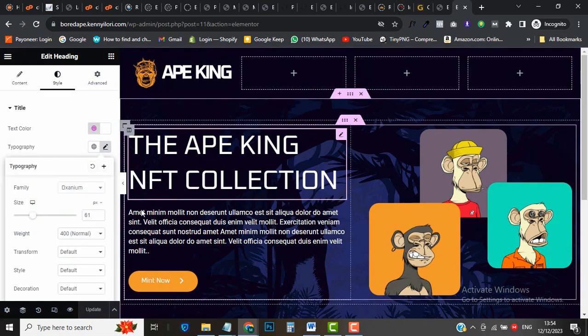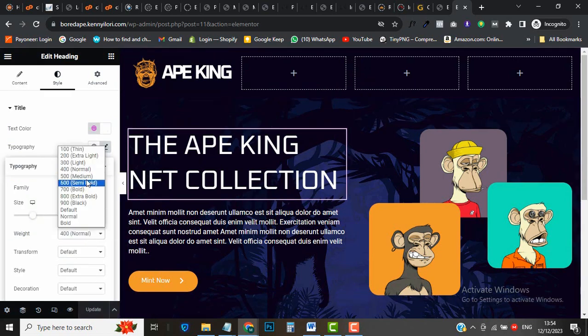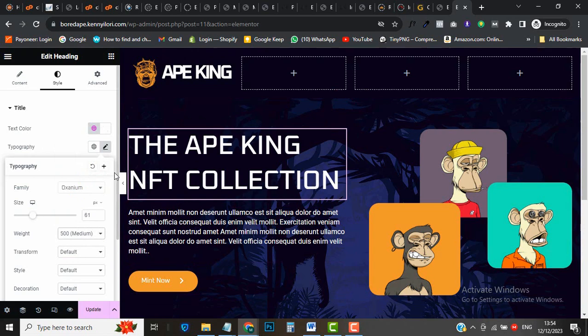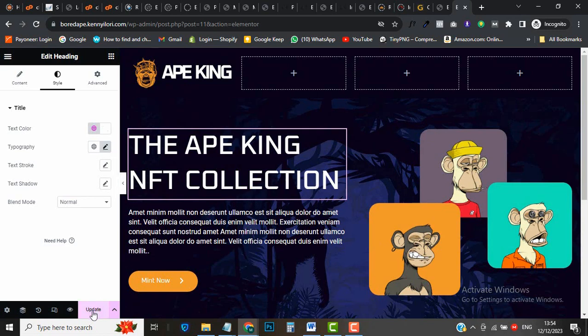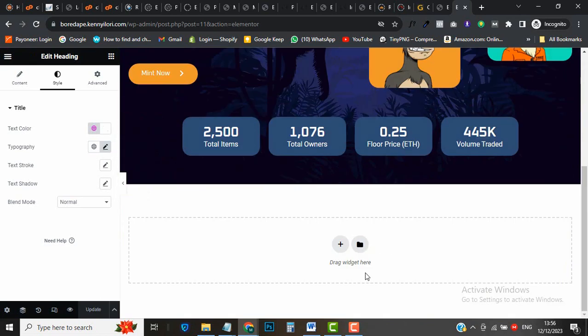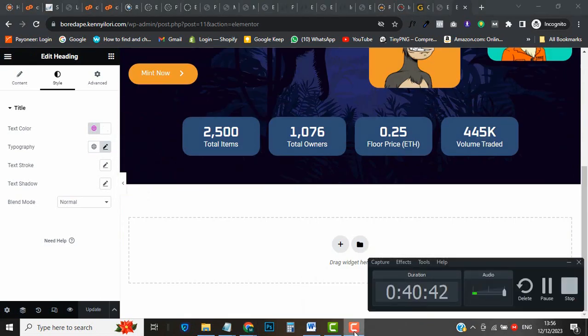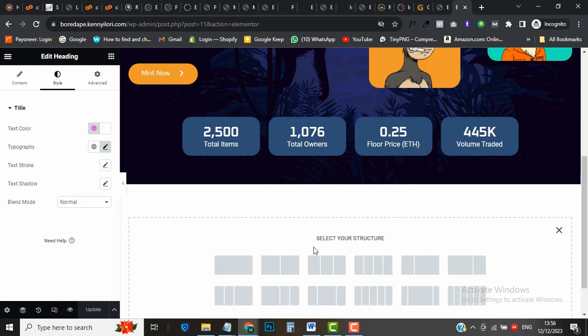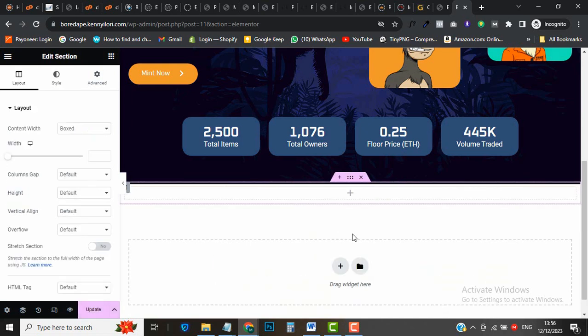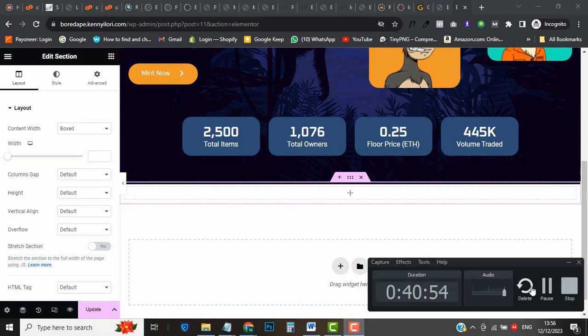Let's increase the weight of this heading. Let's give it 500. Okay, just click update. Now let's add a new section to this NFT landing page. To do that, click on the plus icon here, select the structure here,